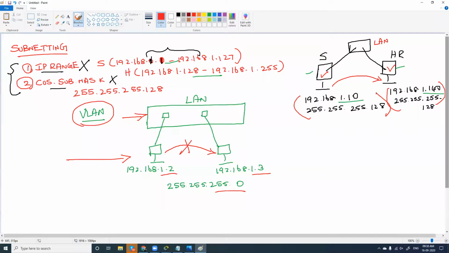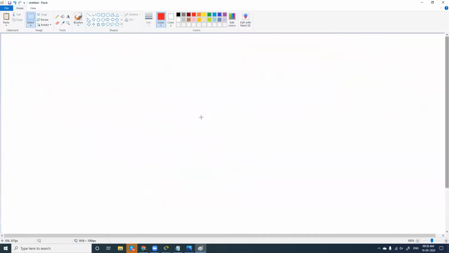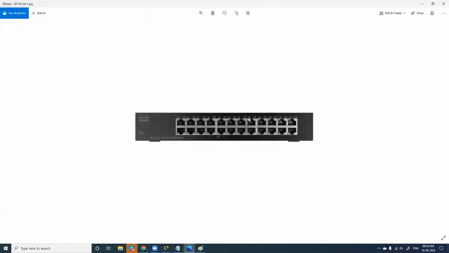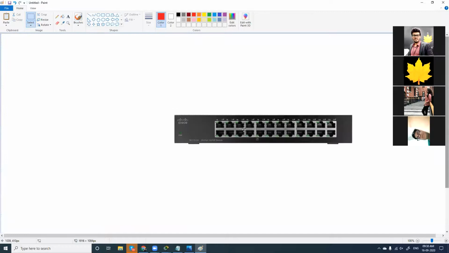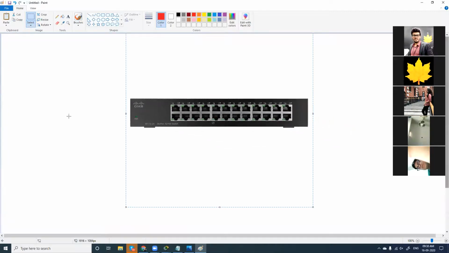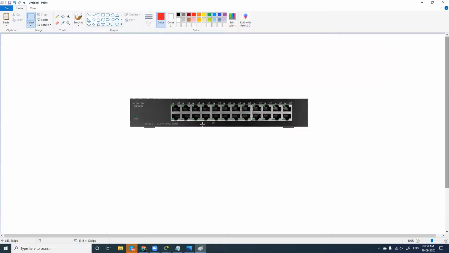So we are not going to configure computers and IP address here. We are going to configure the ports of a switch here. Let me explain what it does. Okay, this is a normal Cisco switch. We have two types of switches: manageable and unmanageable switches. Manageable switches, yes, you can configure VLAN. Unmanageable switches are old switches, which are less expensive, and you cannot configure anything. It is just like an extension box. You can connect and you can use.